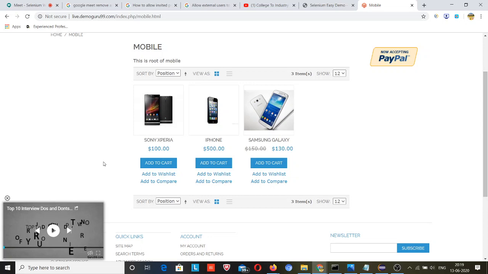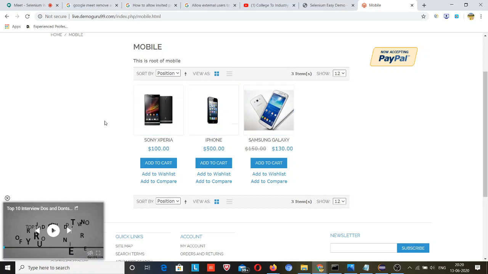Okay guys, suppose these 1, 2, 3 are the three products present in this web page, but the product name will be the same. I want to count how many products are present in this web page, and one by one retrieve the product price. So what will we do? We will use a for loop, and the for loop should run as many times as the number of products present in this web page.